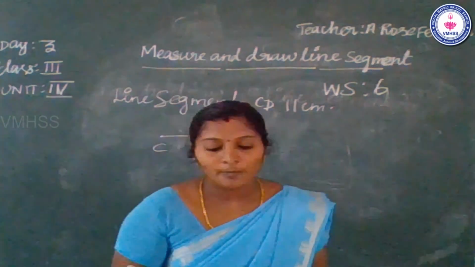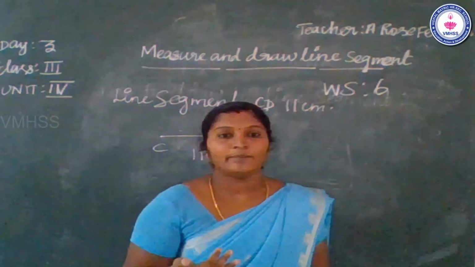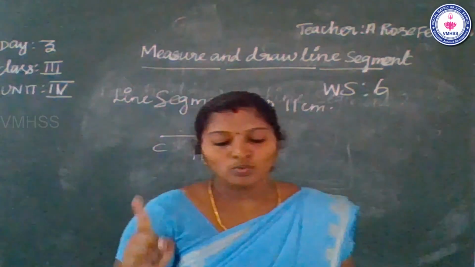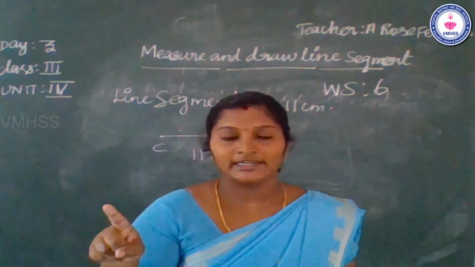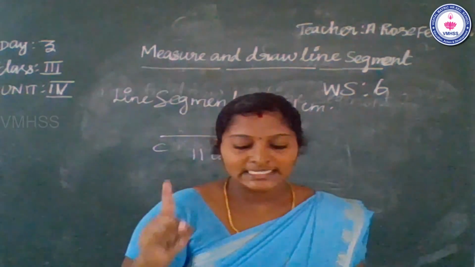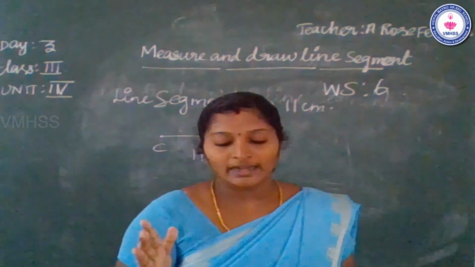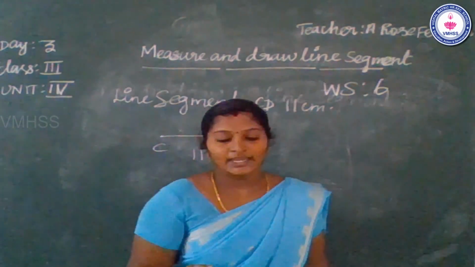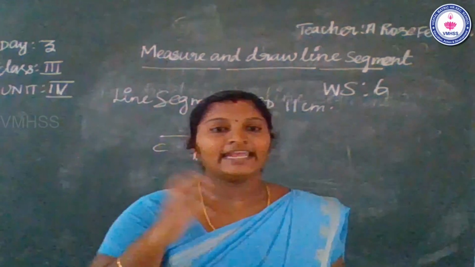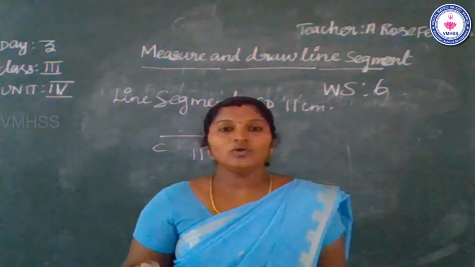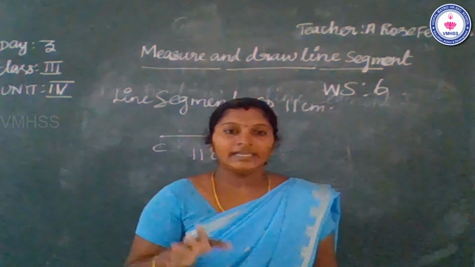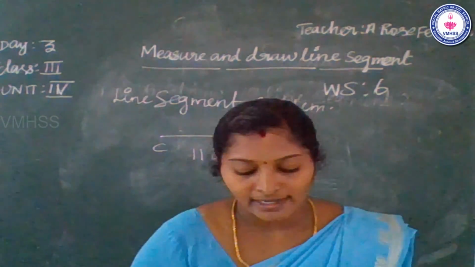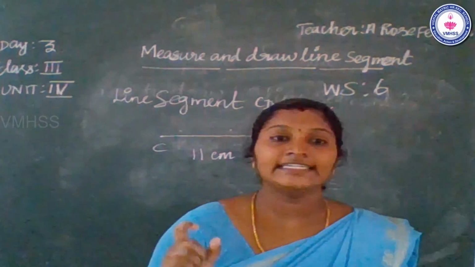Okay, what is the second topic? How to draw a line segment. What is the first rule? Place the ruler, mark a point at 0 centimeter. Second, count 6 centimeter or any centimeter on the ruler. Mark a point at any centimeter, 6 or 5 centimeter, and name it point Q or any alphabet letter. Last rule, join points P and Q, or A and B, or X and Y, with a line. Then write the centimeter.